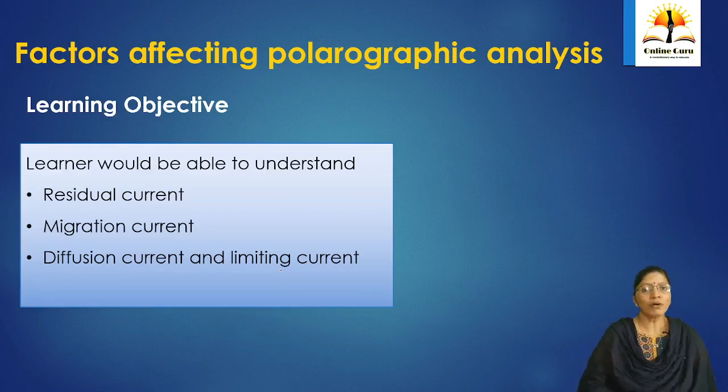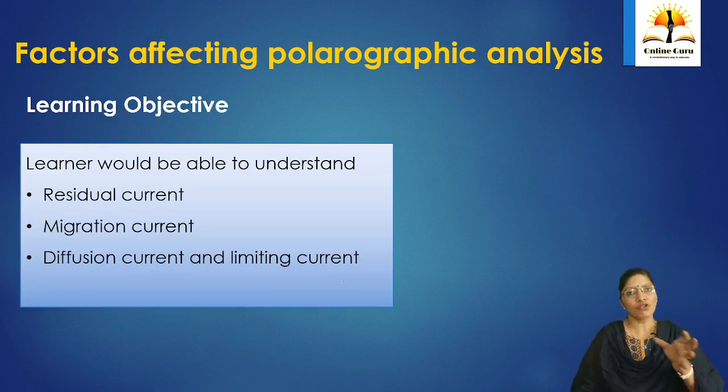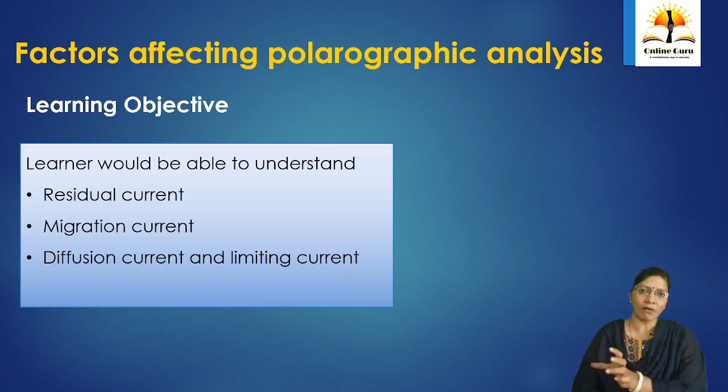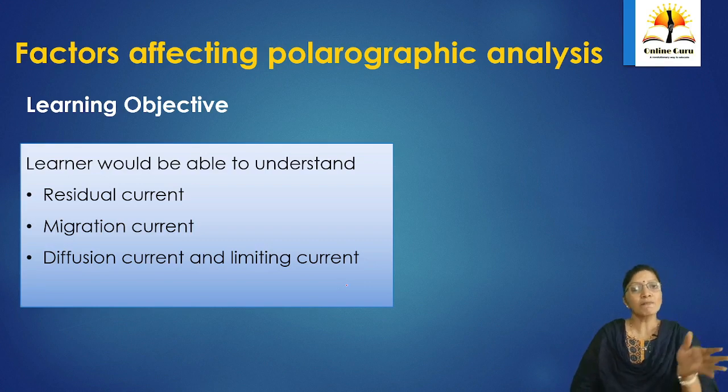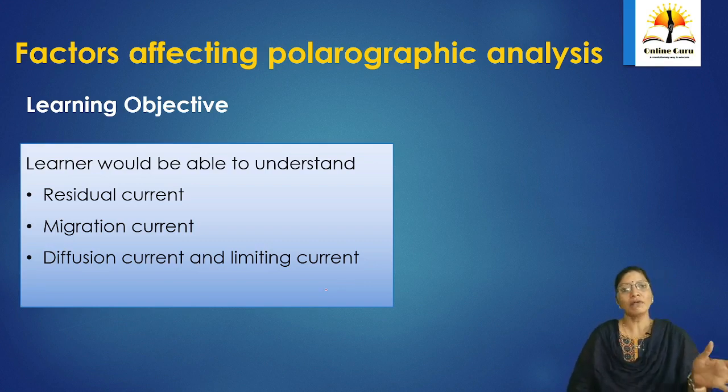Now let us talk about what polarographic analysis is affected by. In this session, we look at the current-voltage graph that is studied. Polarography indicates that polarization at the electrode is studied. Up till now we discussed polarization of the electrode. What is polarization? We are changing the applied potential with respect to a macro electrode, and we are studying what is happening with the current.